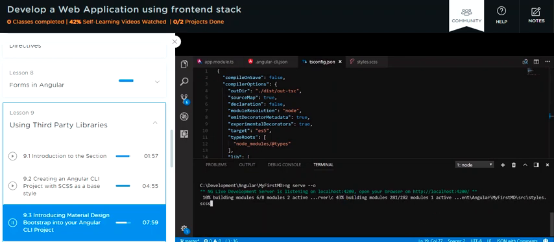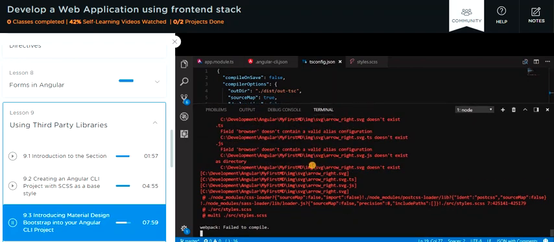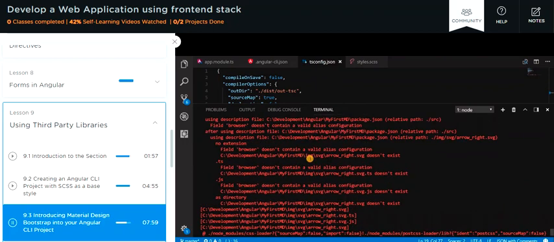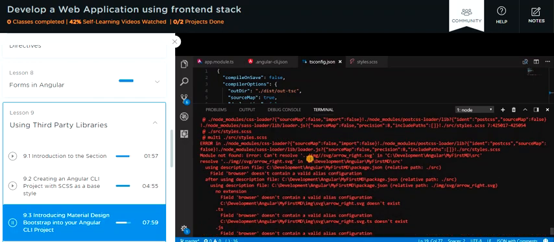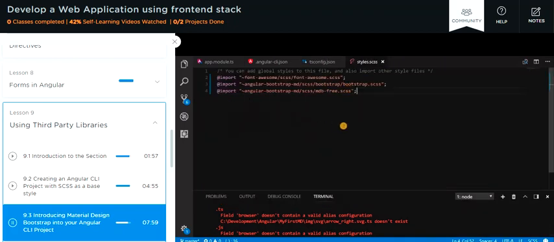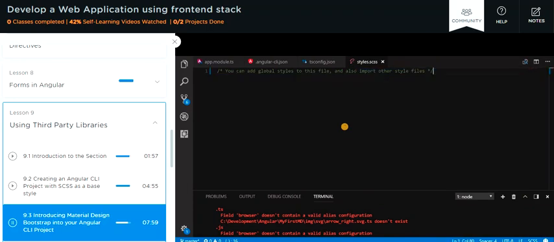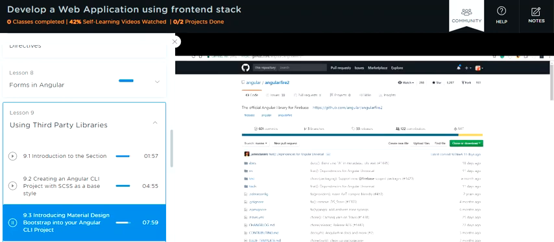So it's building the project here, and once that is done, it's giving me some errors here. Browser doesn't contain a valid alias for configuration. I guess there is some issue with the CSS module loader. So maybe I shouldn't have added it to the styles .scss. Looks like it. I'll just get rid of it from here, and I'll again copy